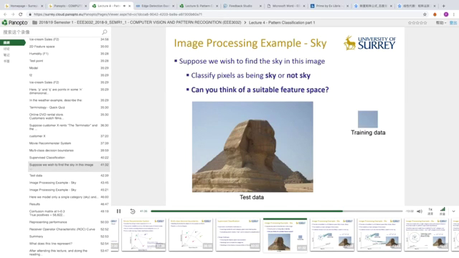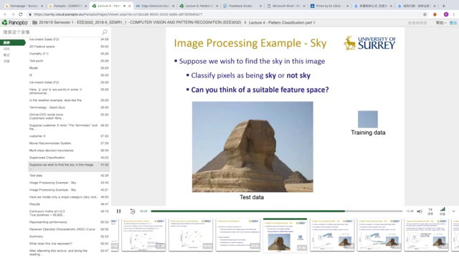Right, so finally then, let's get back to computer vision and see how we can apply these concepts to build a classifier. And this time we're going to build a classifier that tells us whether a pixel in an image is part of the sky or not. Okay, so our classification problem is going to be visit every pixel in turn in the image, and for every pixel make a decision, sky or not sky. And we're going to use this to then pick out the region of the image